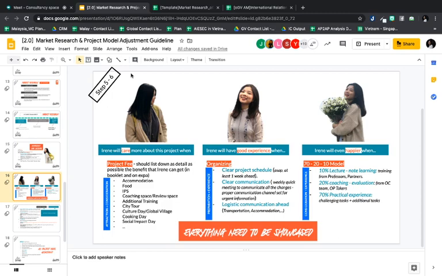Okay, and then 70%, which is practical experience. This one needs to be very straightforward with iGV, because a lot of the time the task and training is super simple. So you need to let iGV know that our EP should have more challenging tasks. For example, instead of just teaching English, maybe you can allow them to prepare the syllabus, or organize some practical space for the students. Then for sure they will have more learning already. Yeah, so these are the 3 columns that normally you can give as a picture for iGV to do.